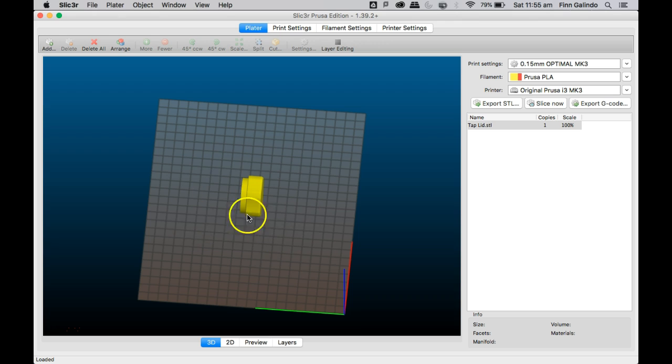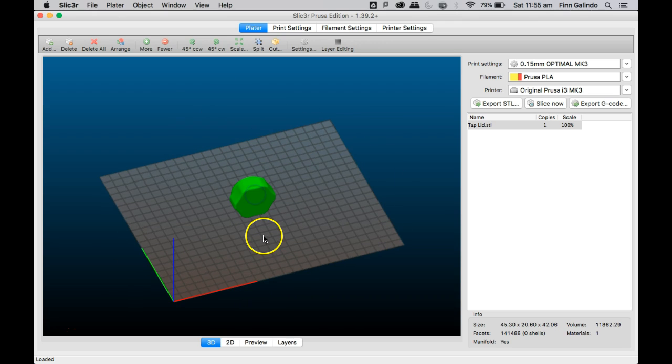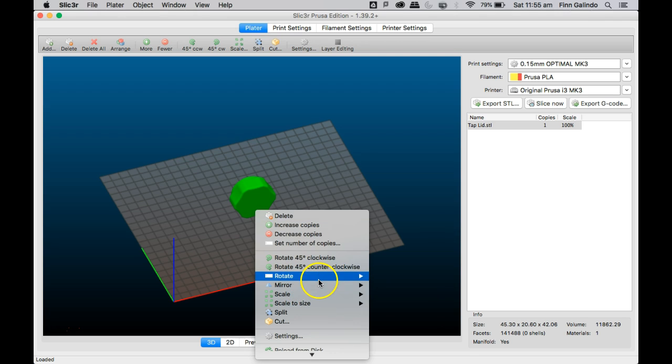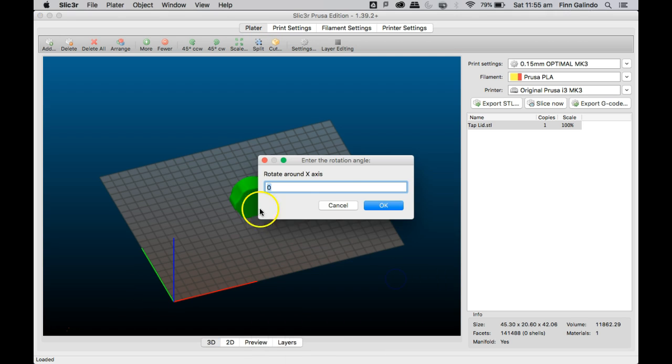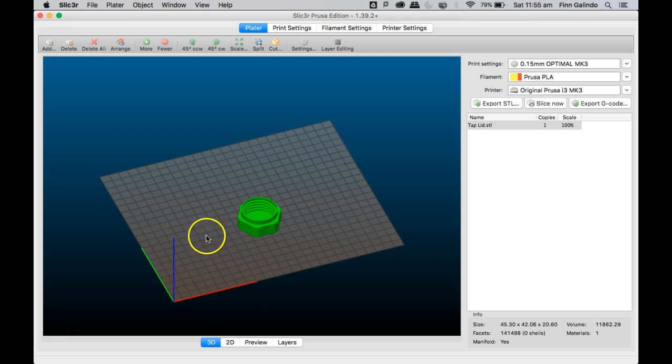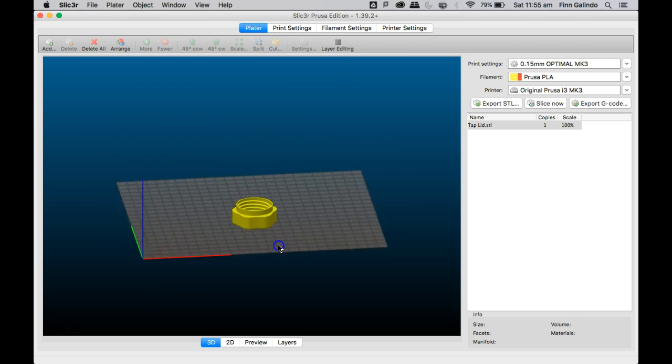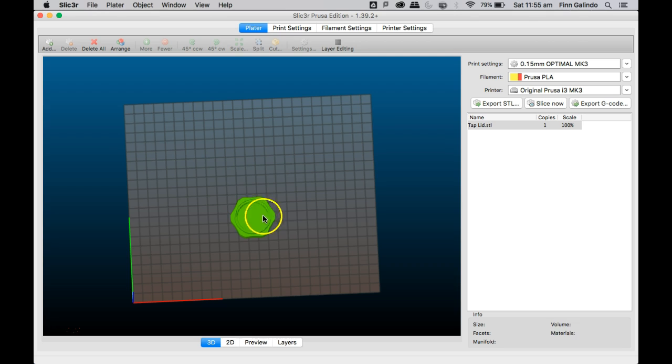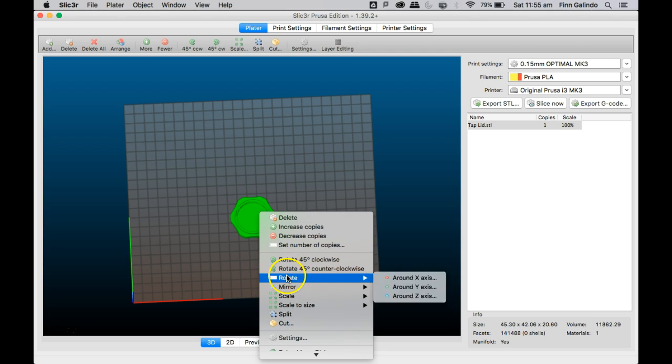We always try and do them from the horizontal. So I'm going to select it, right click, and go to rotate. Now I'm going to rotate it around the x-axis, and you can see that it's nicely color coded there for you, and I'm going to go 90 degrees, and so now it's on the flat bottom, which makes it a lot better to print. If I needed more of them, I could have right clicked and gone to